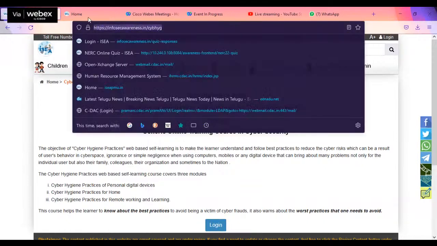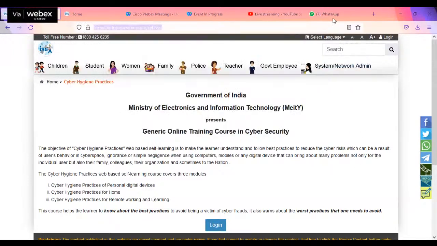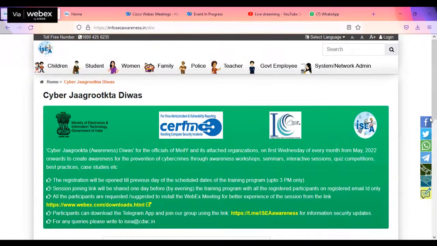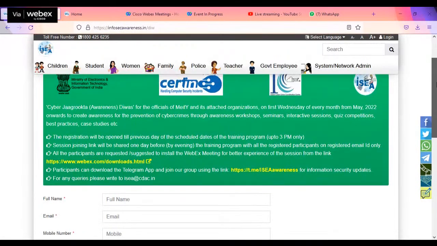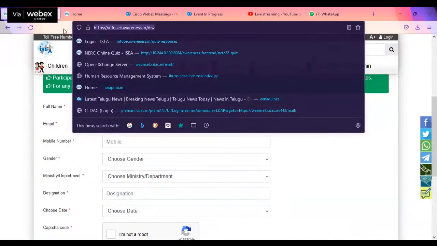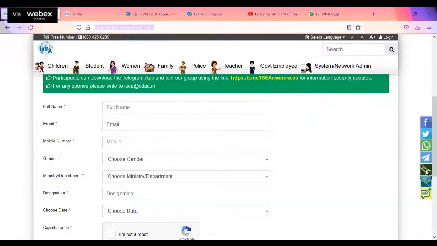The link I'm also keeping in our chat area. You can check these things. Again, on 1st of June we are organizing the Cyber Jagrata Divas, which is one more awareness session by another domain expert. If you are interested, you can enroll yourself and your department people also. Okay, infosecawareness.in, I'm keeping in the chat area. You can circulate it to your near and dear, let them register and attend this session also. Okay, so this way, to all who are attending today's training program,